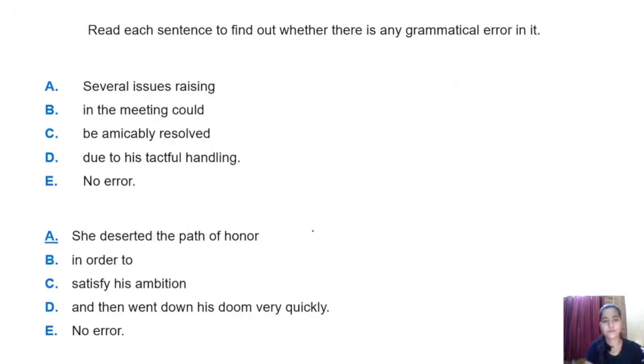Now let's move further. Here basically you have to read each sentence to find out whether there is any grammatical error in it or not. The first focus that you have to put on in these sort of questions where you have to determine the error is to take care of parallelism. Parallelism in the sense of what tense is followed. It's not like somewhere you are talking in past, somewhere you are talking in future. So parallelism should be there. Take care of the tense, the article which has been used, the preposition which has been used.